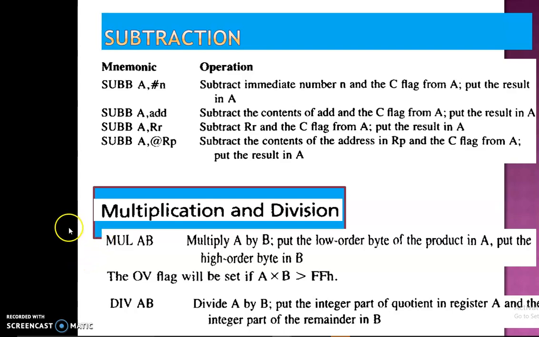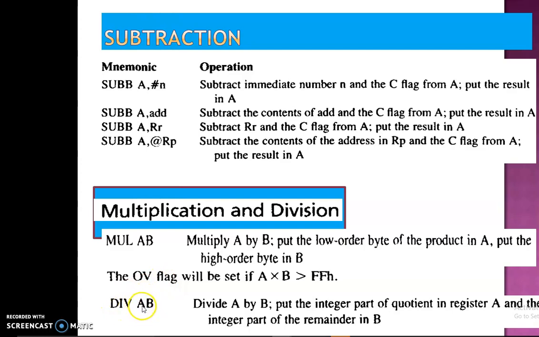So we have seen addition operation with ADD mnemonic and ADDC mnemonic, and subtraction operation with SUBB. Next arithmetic operation is MUL, multiplication, and division, DIV. Using MUL opcode, you can do the multiplication, and operands are AB registers only, A register with the B register. So you can utilize only these two registers to do the multiplication. You cannot use other registers. So this is the fixed combination, MUL AB, and division also DIV AB.